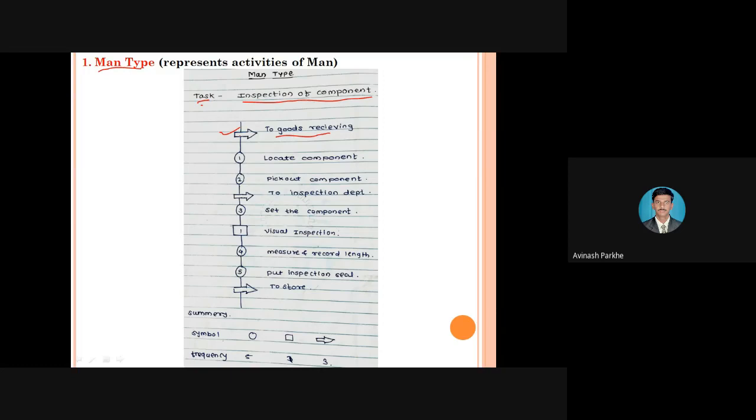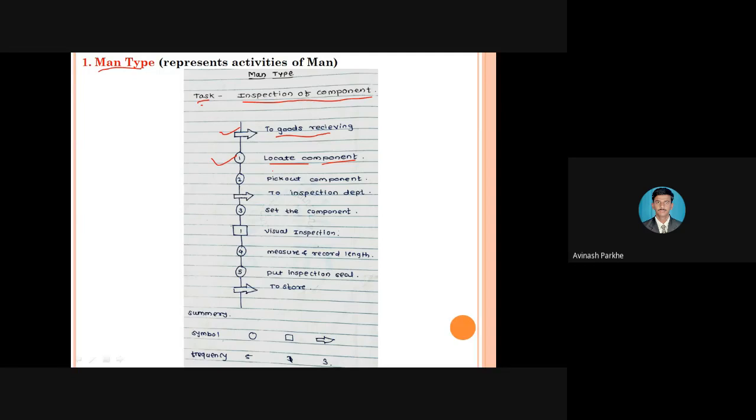But it represents that operator or that particular man is moving towards that particular job, or it is moving to receive that particular job for the inspection. Then second, it is represented by the circle and number is given at the center. And what is the movement? Locate the component. So for the inspection purpose, if he has to fix that particular component, that means that man